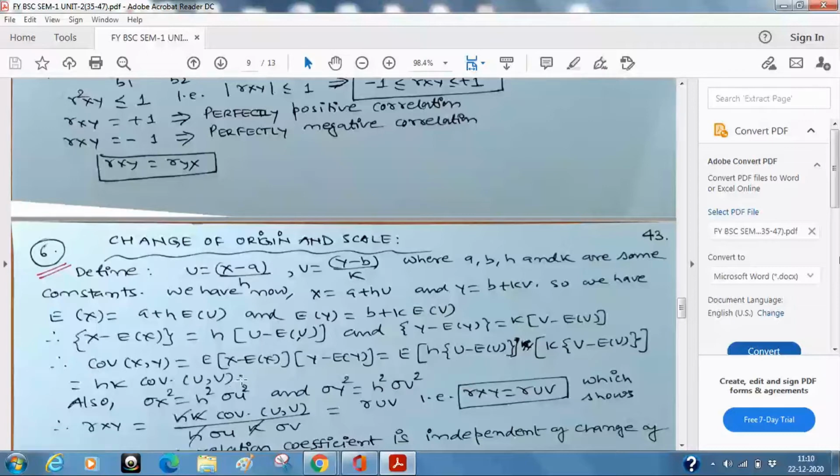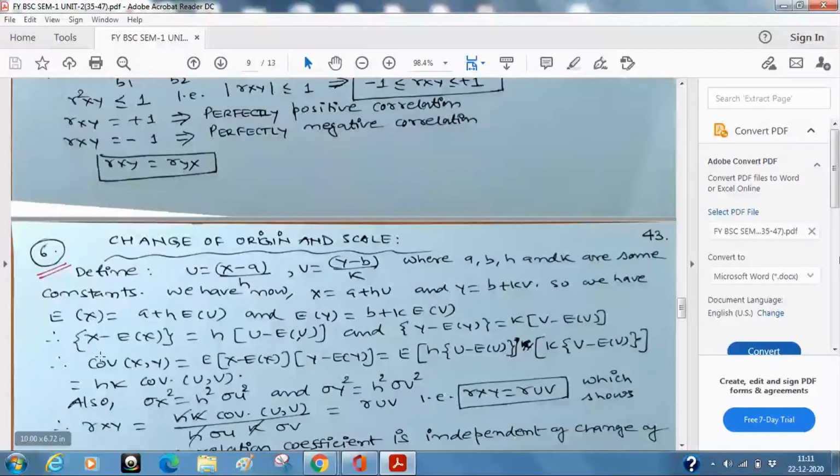Now recall your results of the measures of dispersion, where we have proved that the variance is independent of change of origin but not of scale. So if I am trying to find out the variance of u, and then again you want to find out the variance back in terms of x, you have studied that it becomes h square times sigma square u. And whatever I am writing here for x, again without any labor, you can write just by understanding that if I replace x by y, u will be replaced by v. That will be simply sigma square y is equal to k square sigma square v.